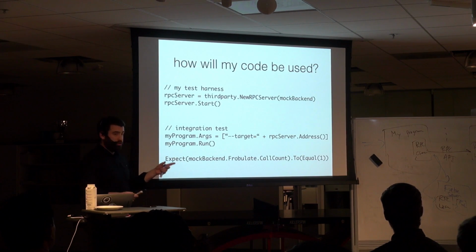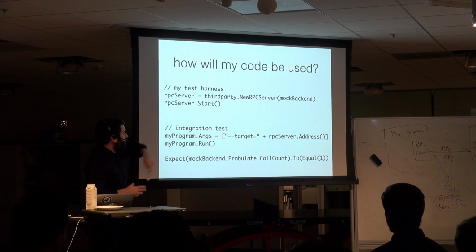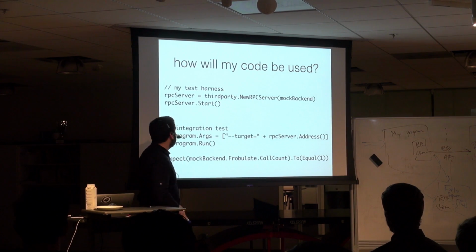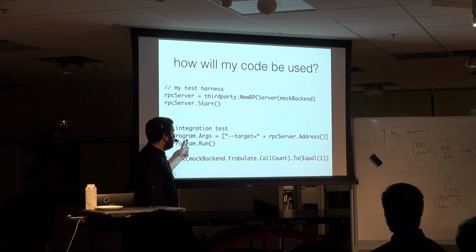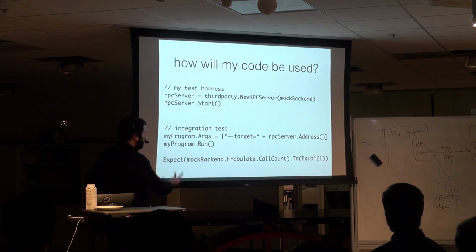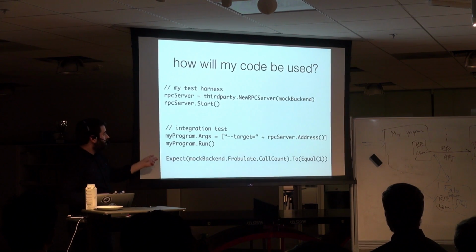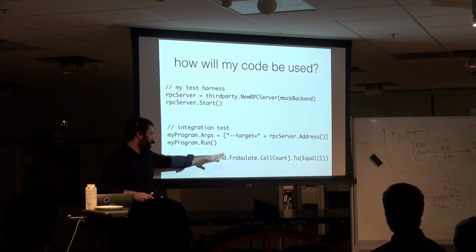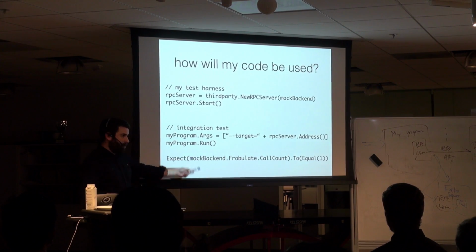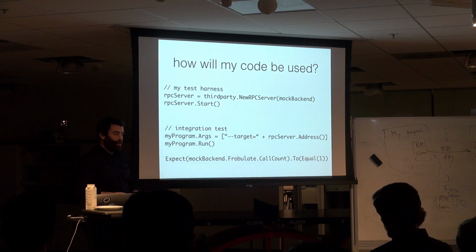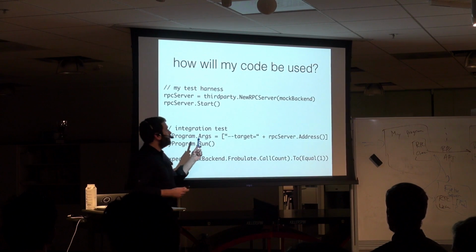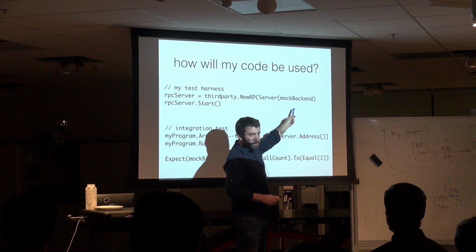So in code, what I just drew for you is, in my test harness, my third-party RPC server should consume a mock backend. I'm going to start it up, and then I'm going to launch my program and target it at the RPC server. And I'm going to run my program, and at the very end, I'm going to expect my mock backend, some particular function call on it, got called. We can do all sorts of crazy stuff. We can have this mock respond with certain types of fake data, assert that our program responds in the correct way. But this all hinges on my ability to pass in a mock backend in here,